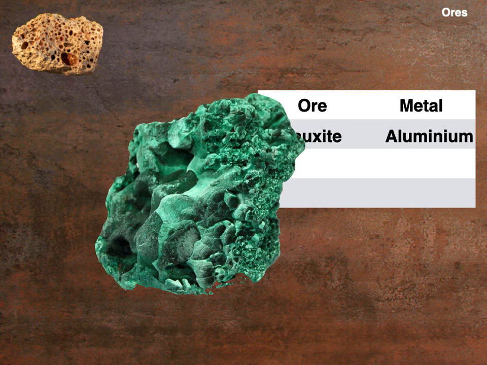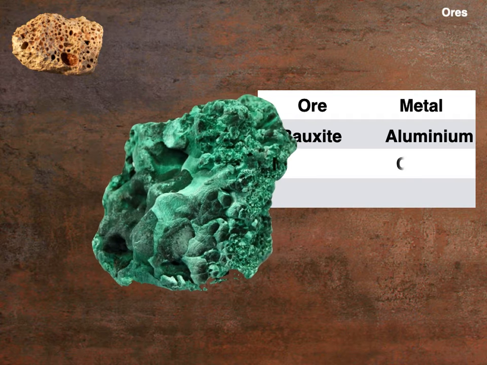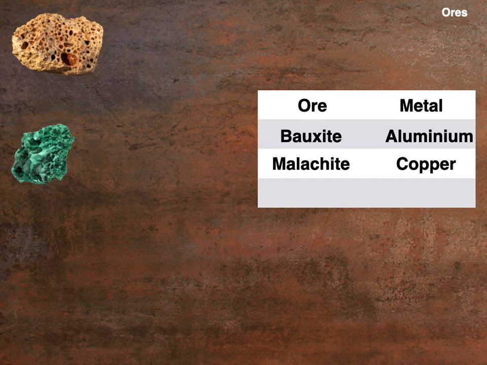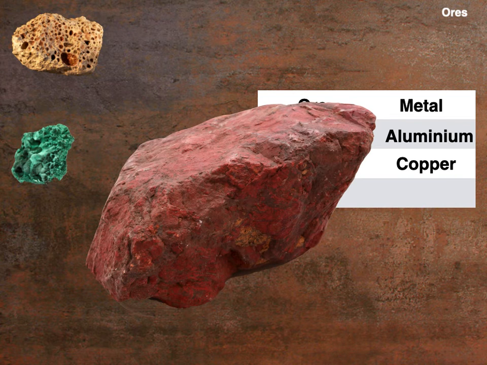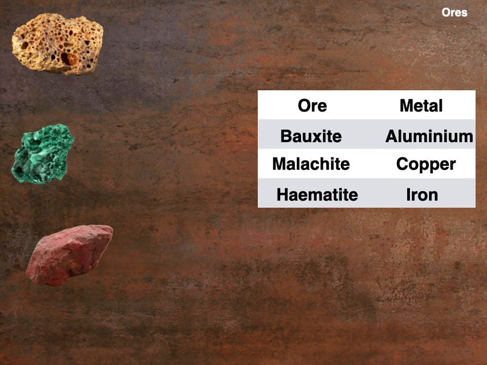This is malachite, pretty blue-green colour. That contains copper carbonate, which we can break up to form copper. So we get copper from malachite by breaking up the copper compounds in malachite. One more, that's hematite. That's an ore of iron. That's why it's that rusty colour. It's basically iron oxide. And from that, we can extract iron.